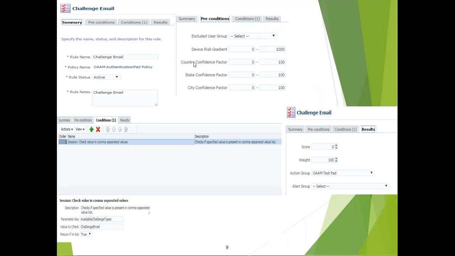Now you are seeing that there are four configurable parameters here: device risk gradient, country, state, city. They will come into the picture when you are dealing with IP data that you will import to your OAAM from a third party vendor like MaxMind or Quova.